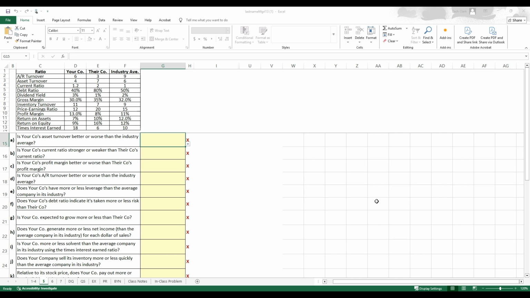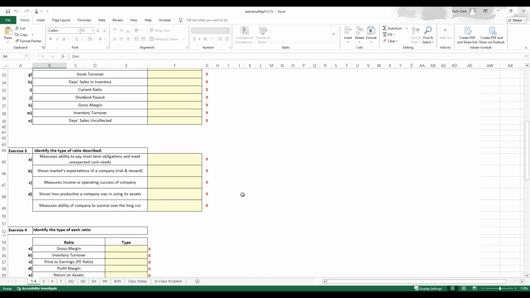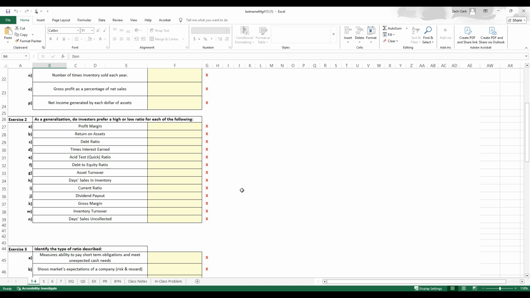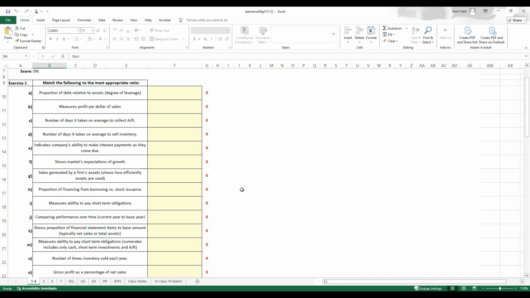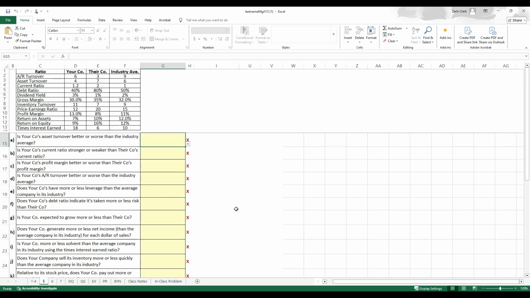Hey everyone, in this video we're going to be taking a look at the Chapter 13 exercises here. And as per usual, I'm just going to jump over the first tab. I think it's just more of a matching drop downs, etc. So I'll let you all work through those, but let's go on to the second tab here, beginning with question